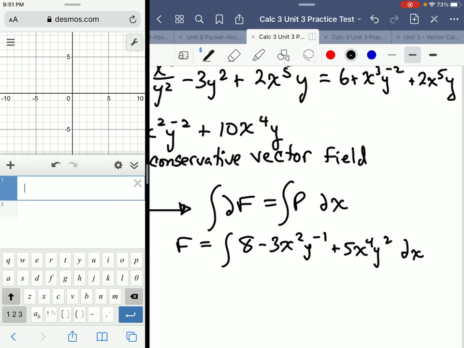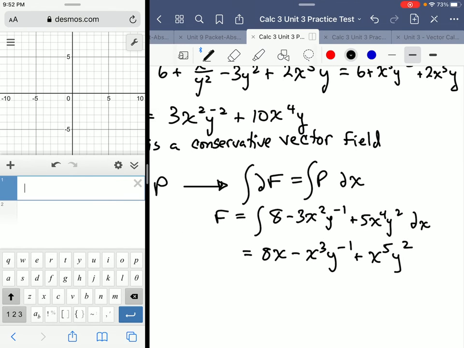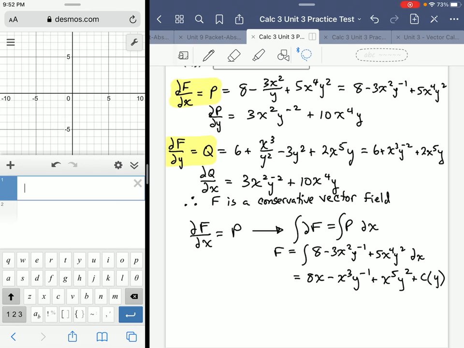Alright, so reverse of the power rule for each part. We're looking at 8x minus x cubed y to the negative first plus x to the 5th y to the second, but then it would be some function that we'd call c of y. Some function c of y that we don't know, but we know it's not just simply a constant, it's a constant function. Alright, so we could do the same thing with that other relation that we have,